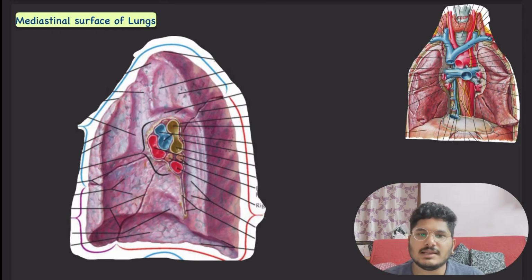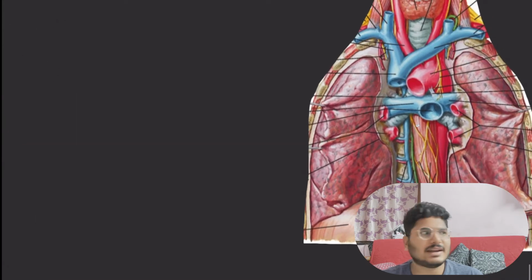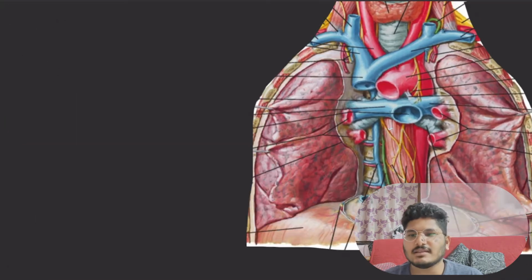Next topic is the mediastinal surface of lungs. So we need to know the mediastinal surface of both right lung and left lung. If we see the regional anatomy of right lung and left lung mediastinal surface, the right lung mediastinal surface is over here and the left lung mediastinal surface is over here, which is medial surface or the mediastinal surface,